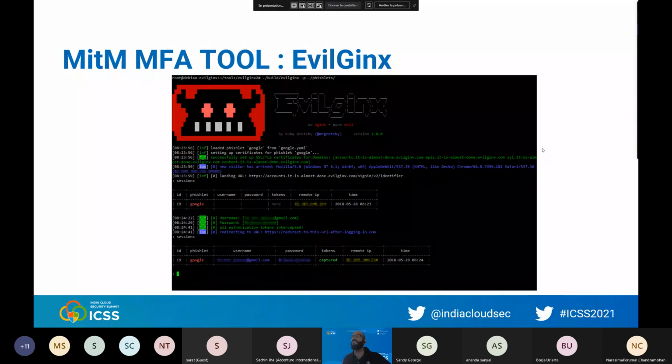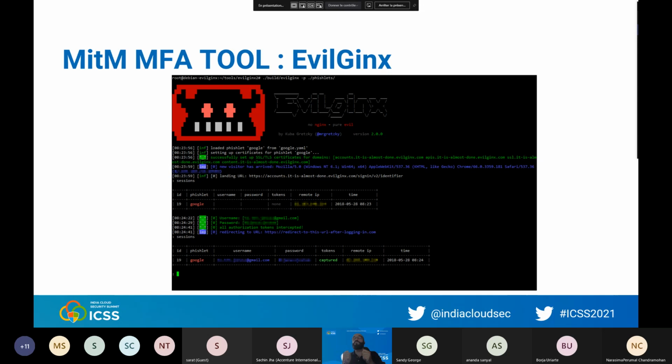And even if you say, okay, I will force my end users to use Authenticator, this application you have on your mobile phone, and you think that it's more secure, let me introduce you to EvilJinx. EvilJinx is just an application that, if you implement a phishing, and if the end user clicks on the link, they will have a page which is the exact copy of your connection page on Office 365.